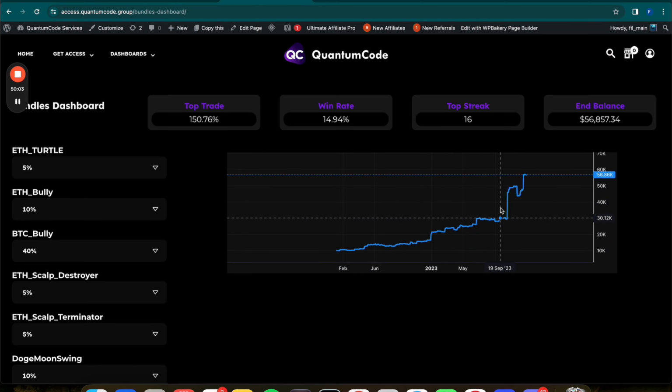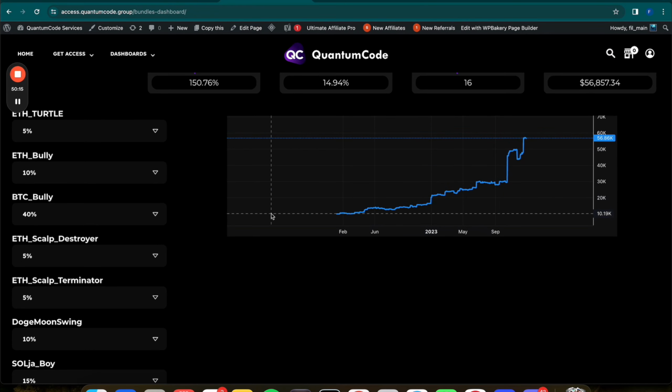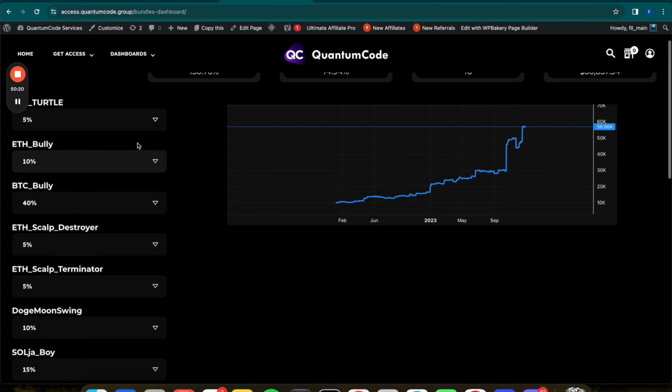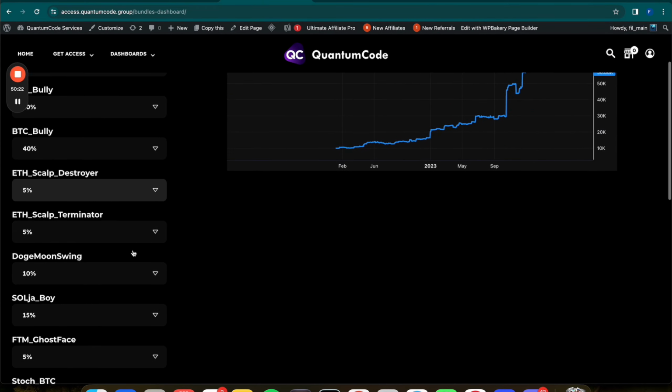That's just because we had some runs on Solana and Phantom, like Solana's up, I don't know how many 100% on the year. So that's what you see reflected here. But in general, they're very consistent, a very consistent line. So as you can see, there's a lot of strategies here.